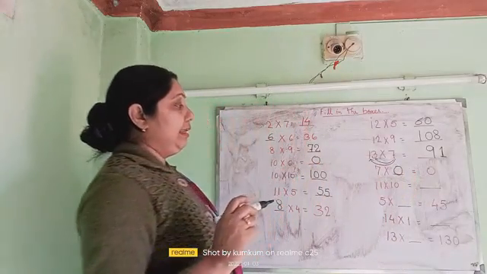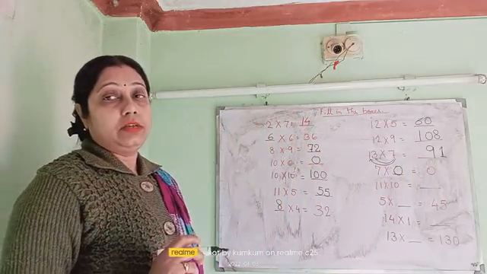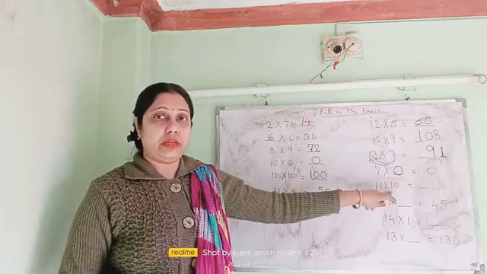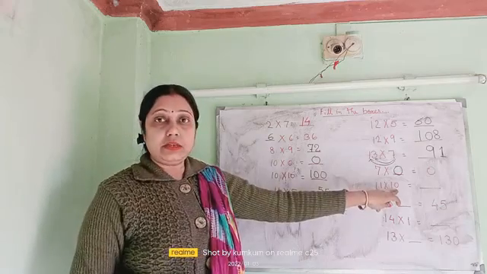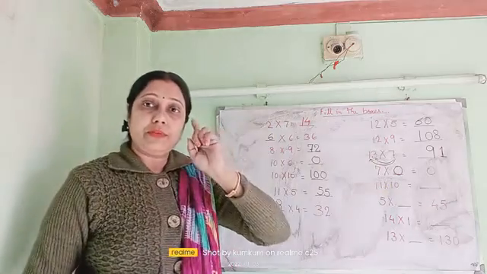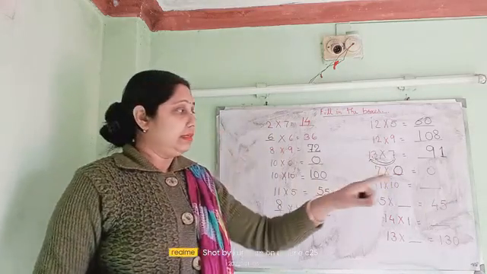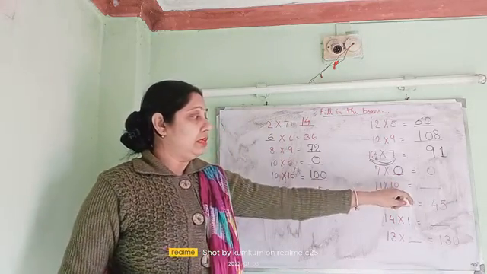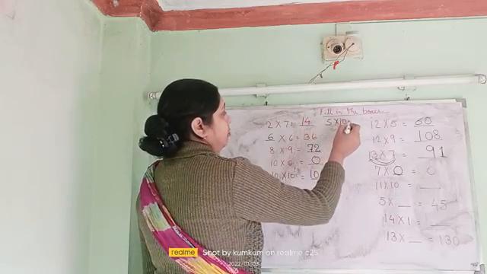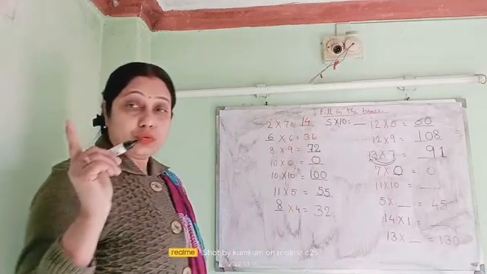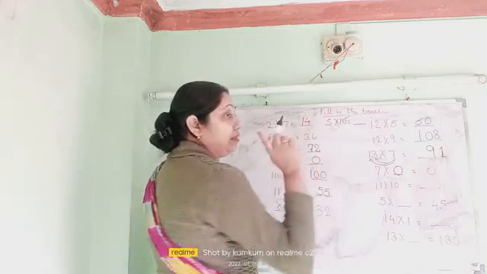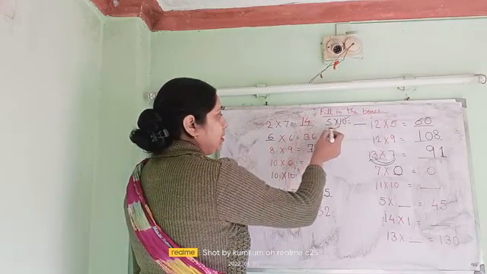Next, 11 tens are how much? So 11 into 10. Now see, here also I am going to show you the trick. See, whenever the last digit is 0, don't count it. Just we will put the 0 after the answer. Suppose 5 tens are how much? We know that 5 tens are 50. So from here you can understand. Now leave the 0, because 0 is at last, leave the 0. We are going to multiply the digits.